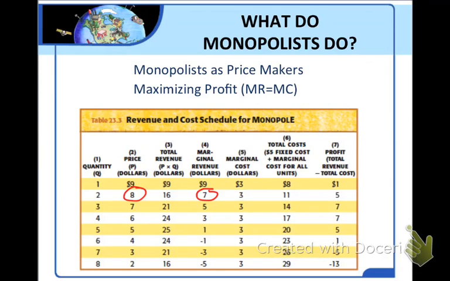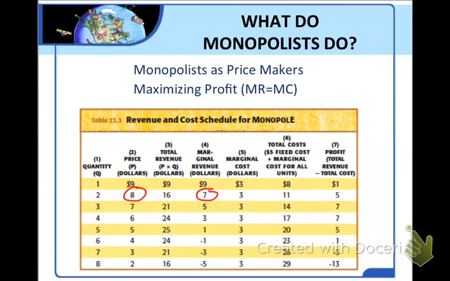This is because when Monopoly lowers its price to sell another unit, the change in total revenue is not simply the price it receives for that last unit, like it was with a perfectly competitive firm. Instead, it is the price minus the decrease in revenue on all the other units that could be sold for more if the price were not lowered to sell the last unit.